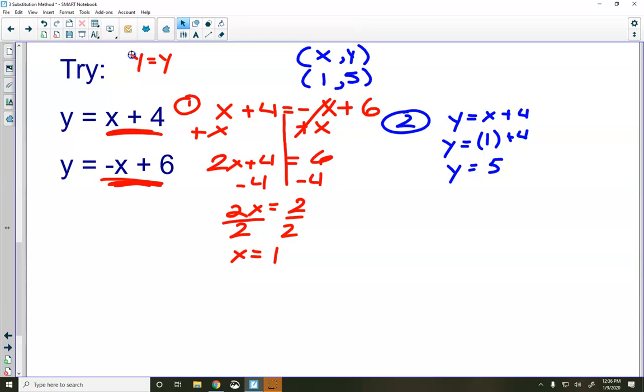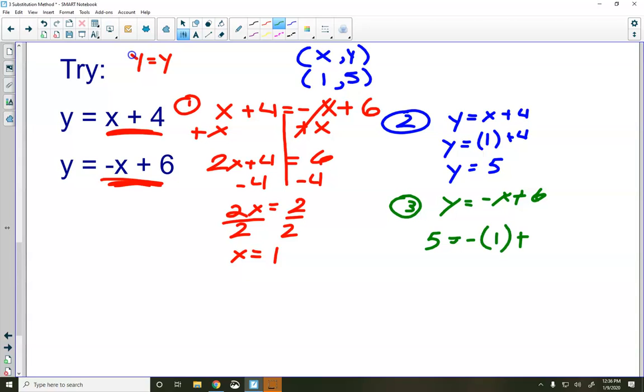Lastly, we have to, of course, check. To check, it does matter which equation we use. Because I used y equals x plus 4, the top equation, for part 2 to solve for y, I'm going to use y equals negative x plus 6, the bottom equation, to do my check. I'm going to substitute 5 in for y, 1 in for x, and I'm going to solve. Negative 1 plus 6 is 5. And 5 equals 5. Therefore, my answer of 1 comma 5